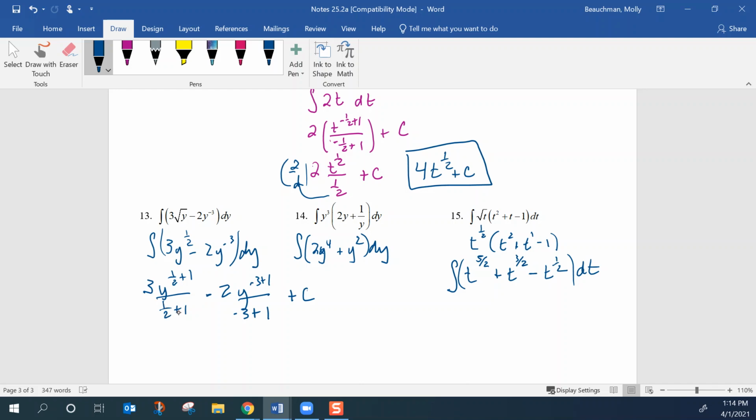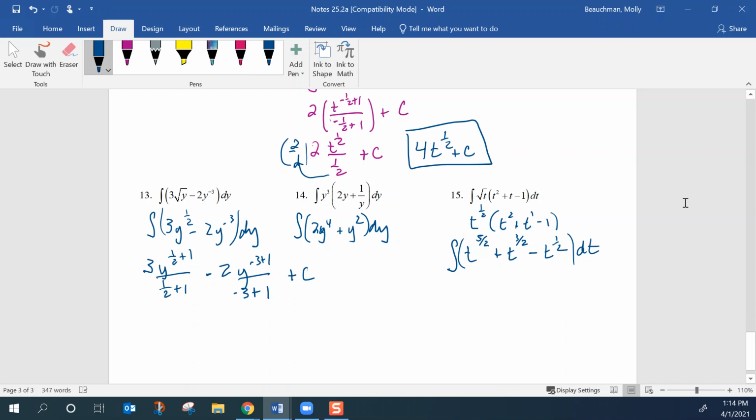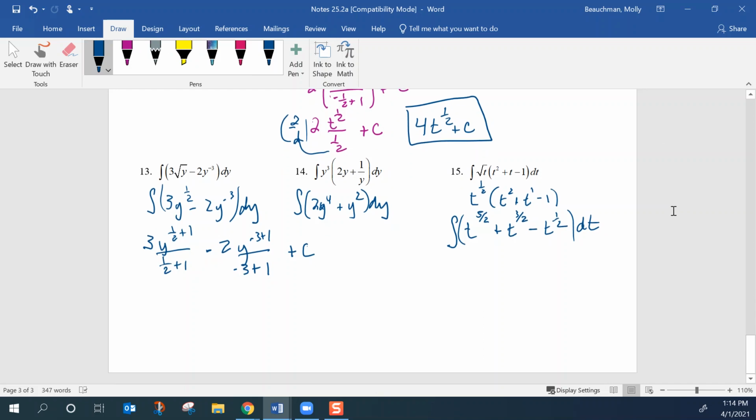So 1 half plus 1, I'll take a couple of steps here with fractions. Y to the 1 half plus 1 is 3 halves, so that's 3y to the 3 halves over 3 halves minus 2y to the negative 3 plus 1 is negative 2 over negative 2 plus the arbitrary